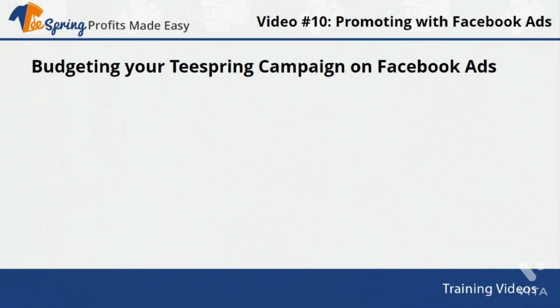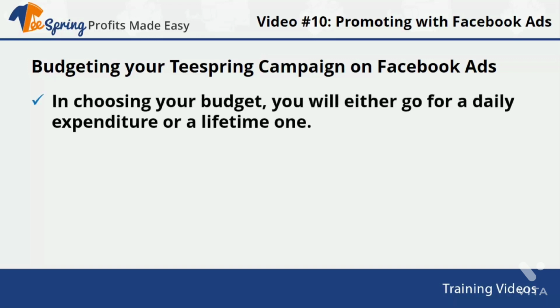Budgeting your Teespring campaign on Facebook ads. In setting the budget for your campaign, Facebook allows you to set a daily budget for the campaign, schedule when the ads should run, and decide what to optimize at better pricing. In choosing your budget, you will either go for a daily expenditure or a lifetime one. If you decide to run your campaign with a daily budget, then it will appear each day until you decide to stop it. Nonetheless, if you decide to run a lifetime campaign, then the ad will stop once your budgetary